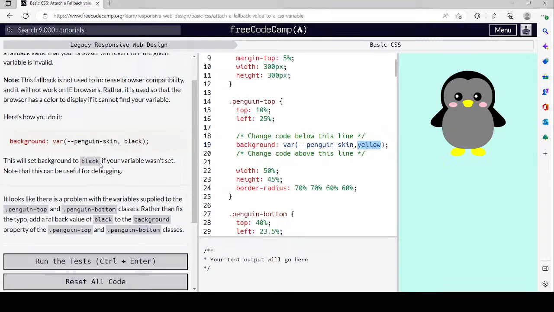This will set the background to black if your variable wasn't set. And this can be useful for debugging. So what kind of debugging is